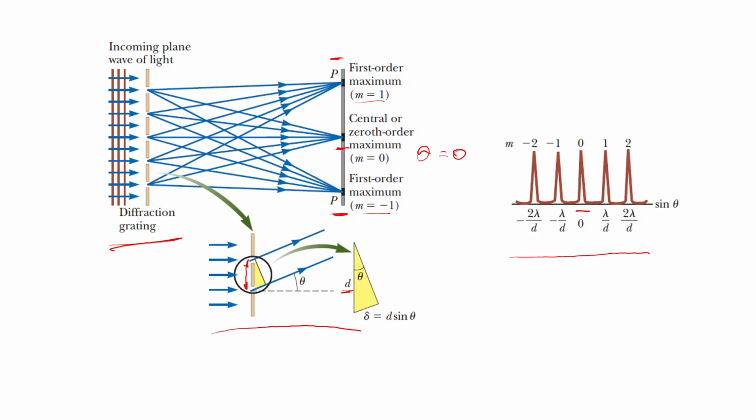So for other wavelengths it will be another narrow diffraction maximum next to it, and so on. So we will split the visible light into